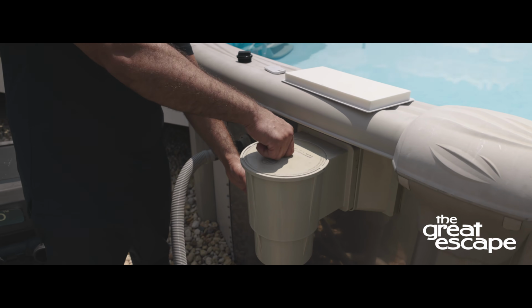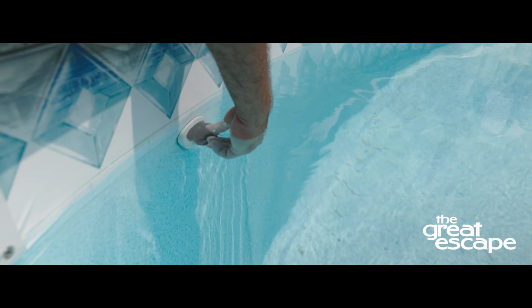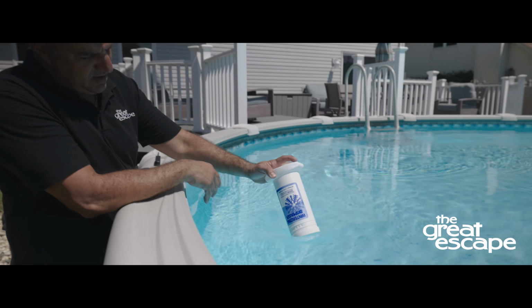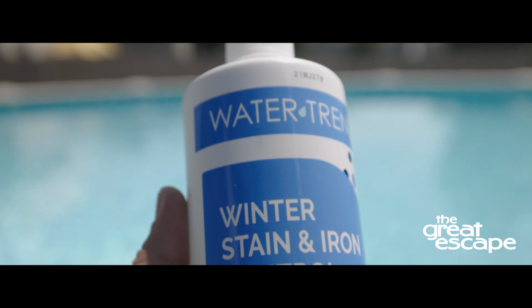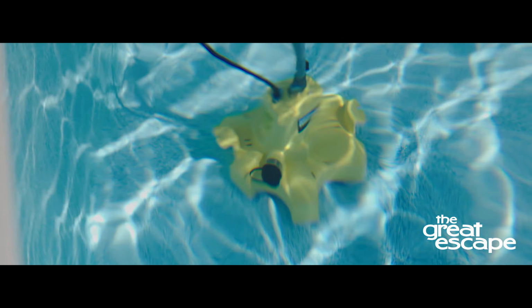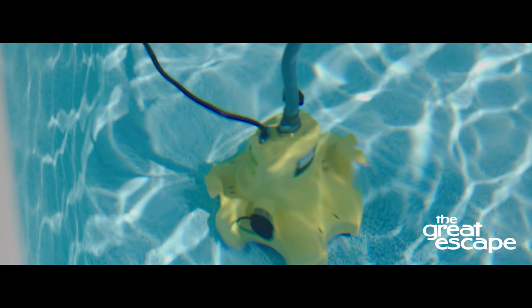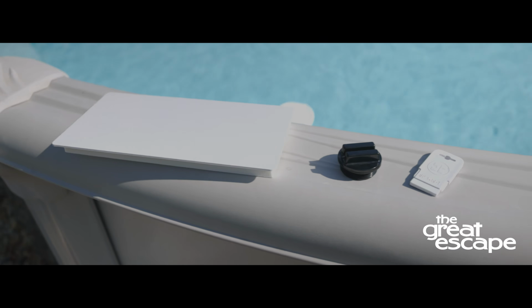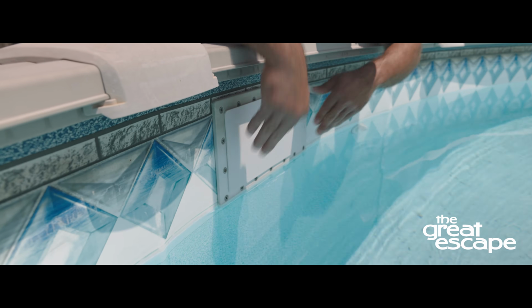In this tutorial, we'll show you how to plug your skimmer and return after draining your pool for winter closing. After your water has been properly balanced and winterized, it is now time to drain water from your pool. If you have winterizing skimmer and return plugs, we recommend draining the water to the bottom lip of the skimmer